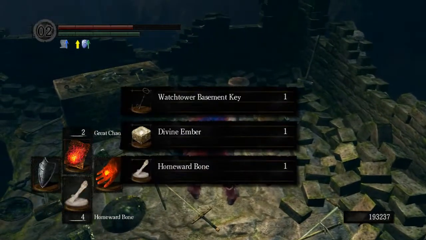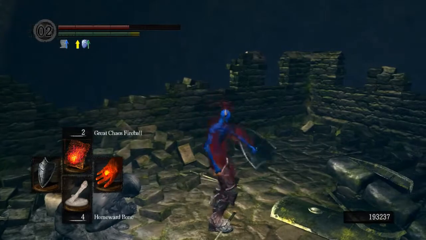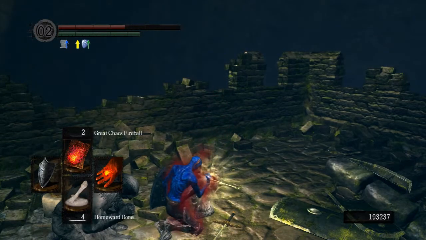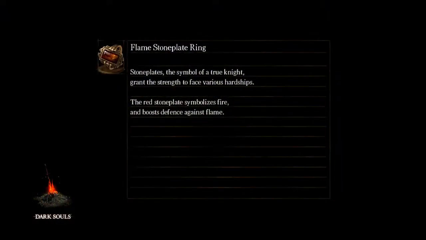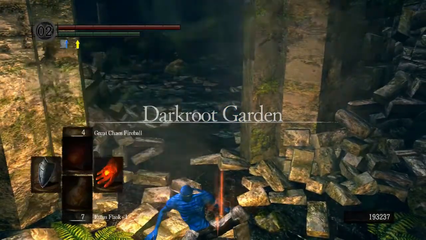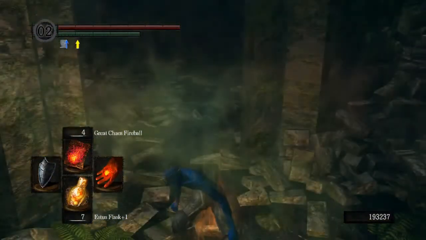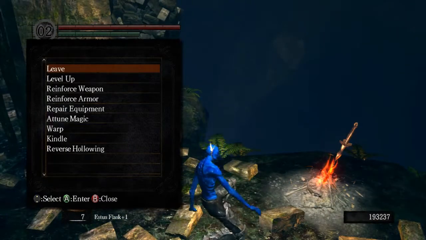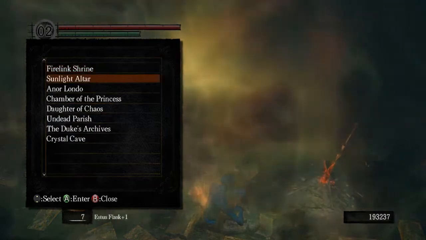Pick all this up. So I did do those two bones because of the extra bones that we had spent on some of the other stuff that we had done. So we're good here. We're good with that. Now you could go to the Sanctuary, but we're gonna warp down, and we are going